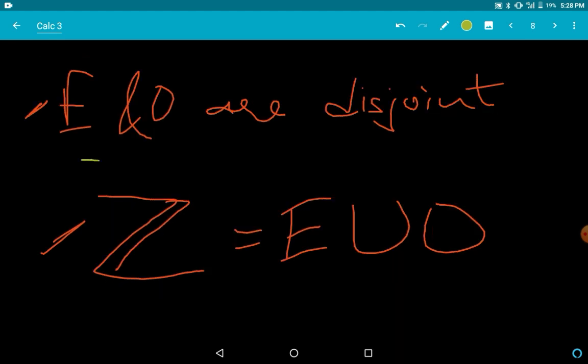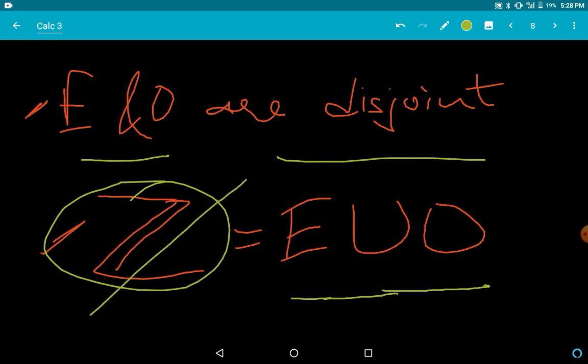Now see, E and O are disjoint. Sorry, what do you mean by that? No element in the even number set and no element in the odd number set are equal to each other, meaning that there is no even number that is odd, or no odd number that is even. Now if you see, if we do the union of E and O, we get the whole